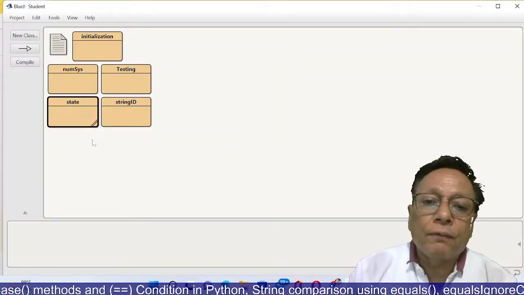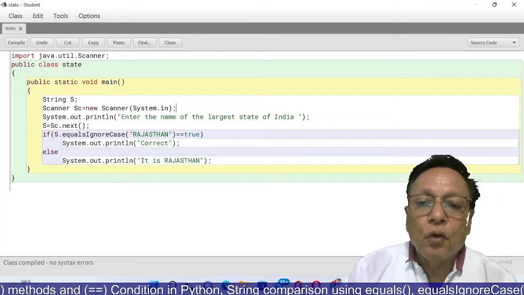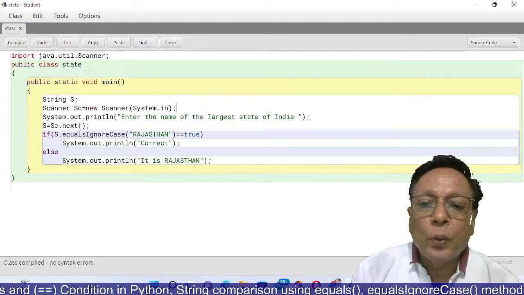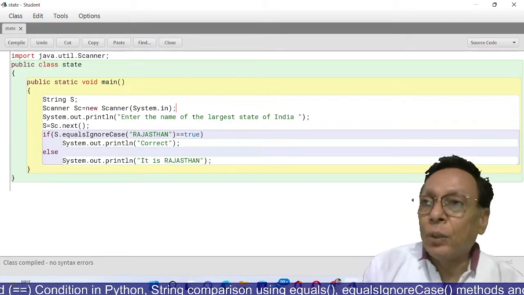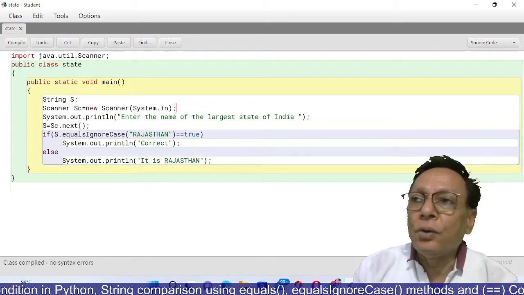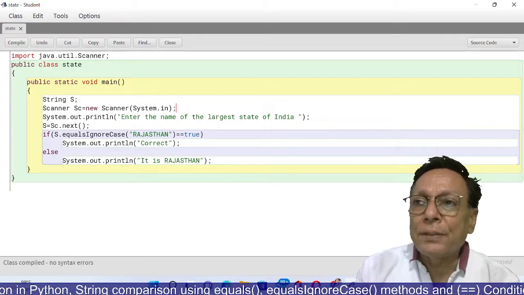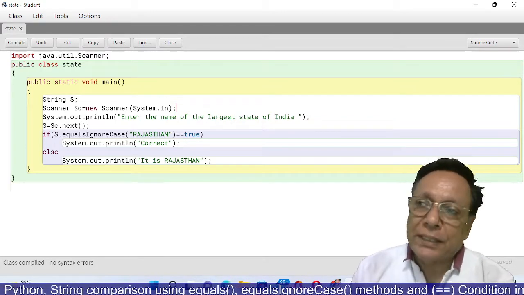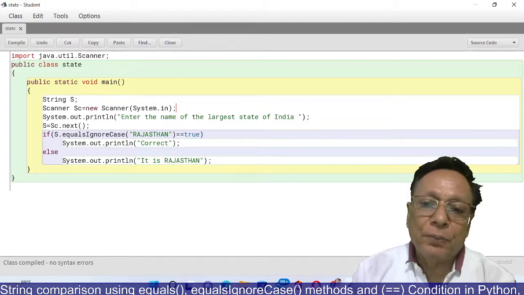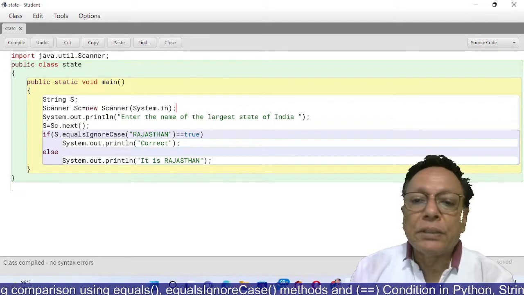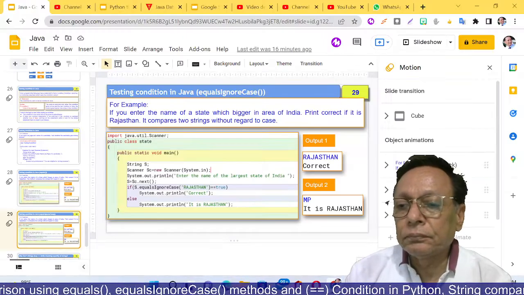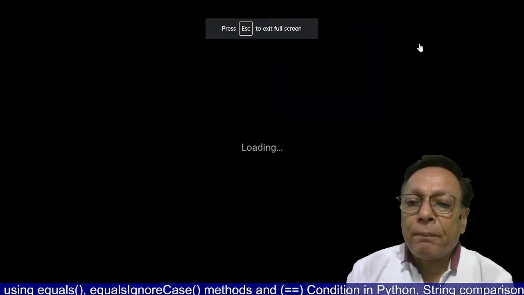So when you see the program over here, I have checked whatever I have entered with capital Rajasthan, but this is equals ignore case, and that is why it says true, because this is without regard to case, whether this is capital or small, it ignores the case. Equals ignore case ignores the case of the letters. So this way, equals and equals ignore case methods work. Now next is